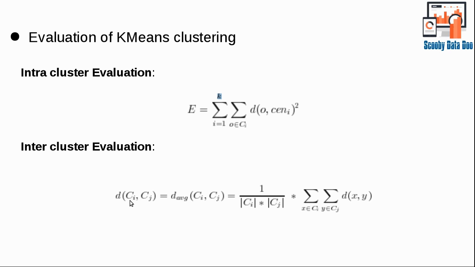Then we will measure the distance from Ci to Cj, then Cj to Ck, and then Ck to Ci, and we'll add all the values and come up with one single value, and that value is expected to be maximized. And if the value is maximized, then we can say, all right, the clusters we generated are quite well separated from each other. All right, okay,